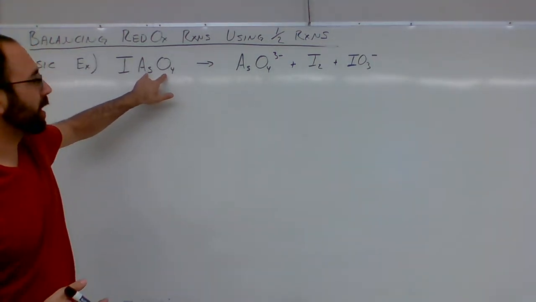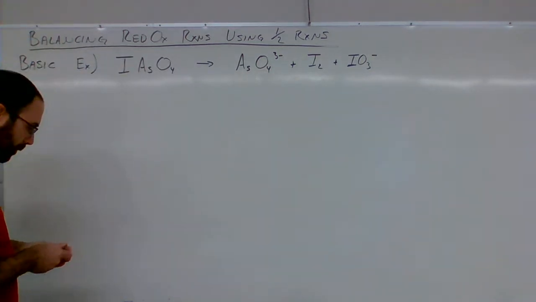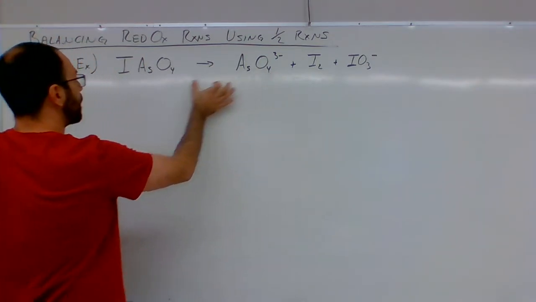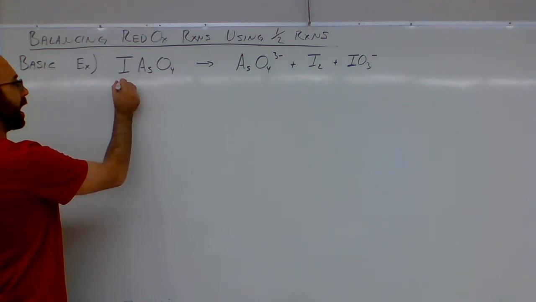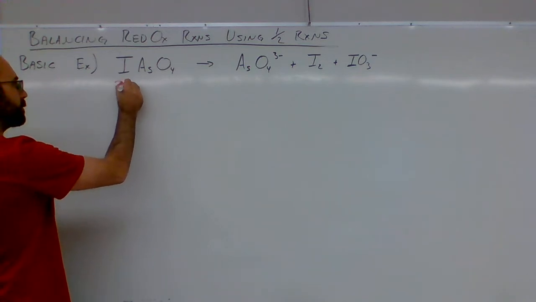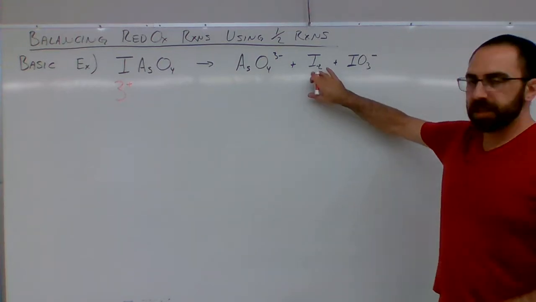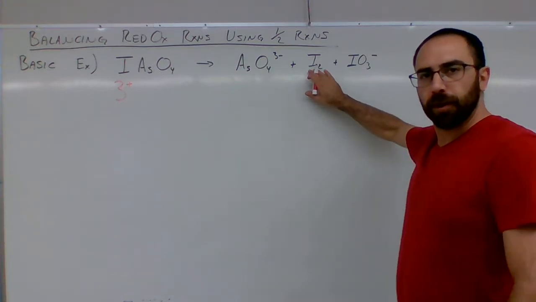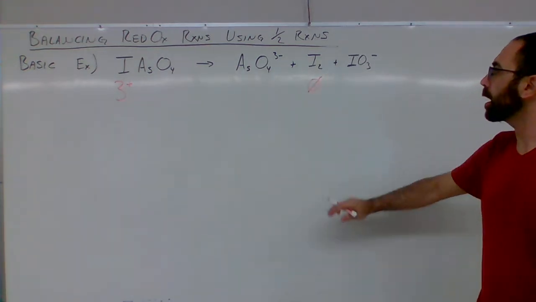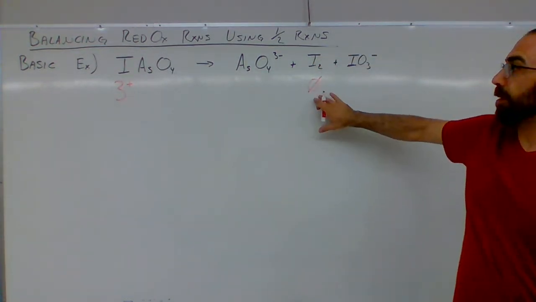Now this ASO4, realize we haven't seen it, but it's going to be just this compound here, which has a 3 minus, okay? So if this is a 3 minus for this polyatomic ion, then that means that this iodine in this situation has a 3 plus for an oxidation number. Okay? And if we come over here, well, this I2, this is that elemental form, and we know that elemental form has an oxidation number of 0. Okay? So in that case, going from this 3 plus to this I2 0, that means that we've got a